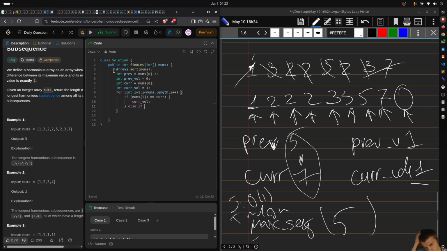Else if Math.abs(pref minus car) minus previous equals 1, so if the delta is equal to 1, I need to update the int max len equals 0, and then here max len equals max of max len and car volume plus prev volume, and then I need to move current to the previous, so prev equals car, and then prev volume gonna be car volume, and then